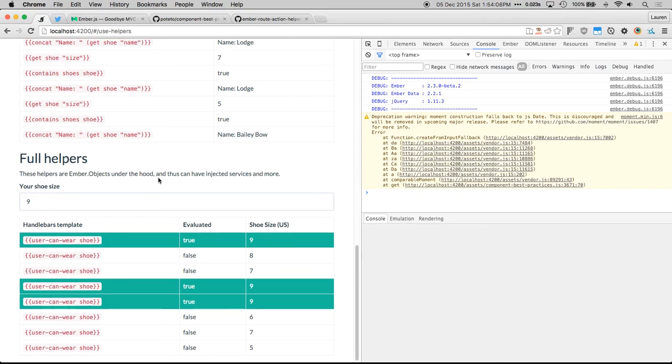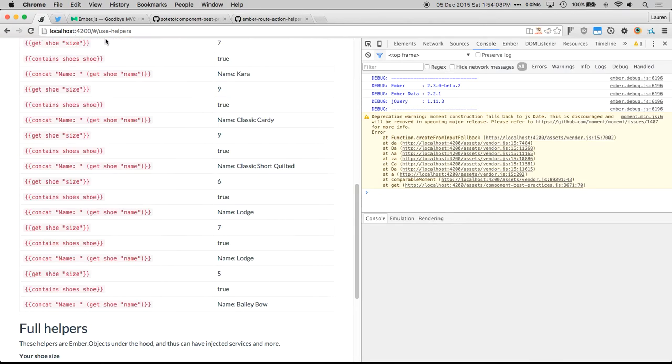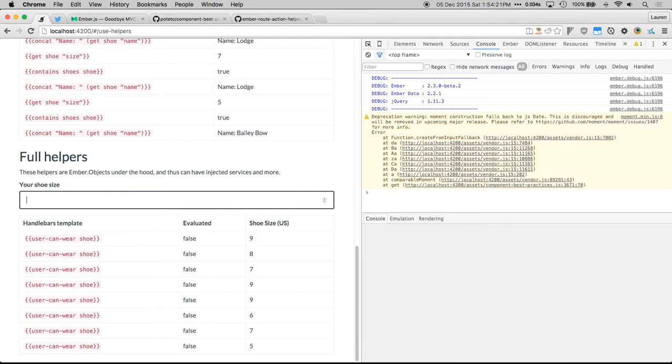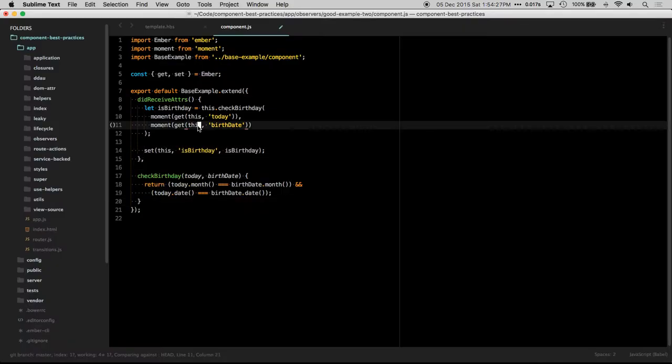Again, if you want to have a play with this, you can check out the demo, and you can see how where you might once have used a computed property to set the different colors of the table rows, you can very easily just handle it with a helper. So this will turn green if your shoe size matches this size. And if you look at the source for that,